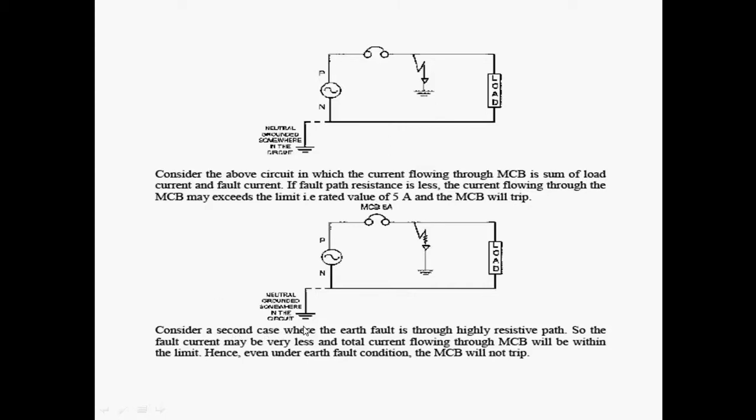Consider the above circuit in which the current flowing through the MCB is the sum of load current and fault current. If the fault path resistance is low, the current flowing through the MCB may exceed the limit, that is the rated value of 5 ampere, and the MCB will trip. Consider a second case when the earth fault is through a highly resistive path. So the fault current may be very small and the total current flowing through the MCB will be within the limit. Hence, even under earth fault condition, the MCB will not